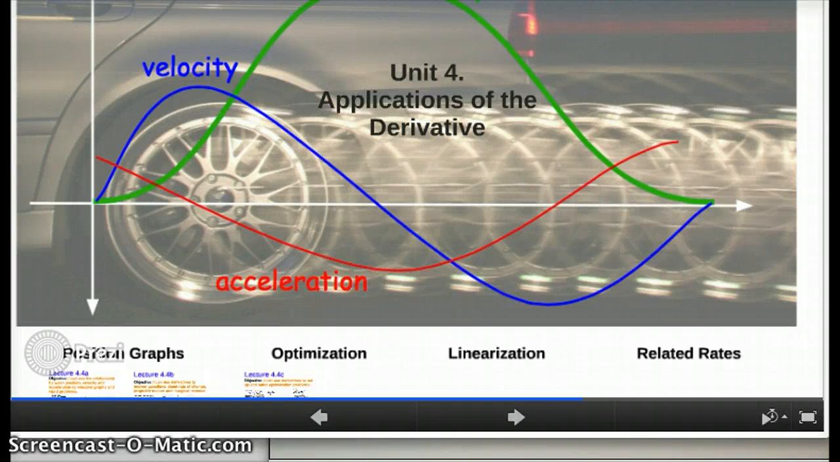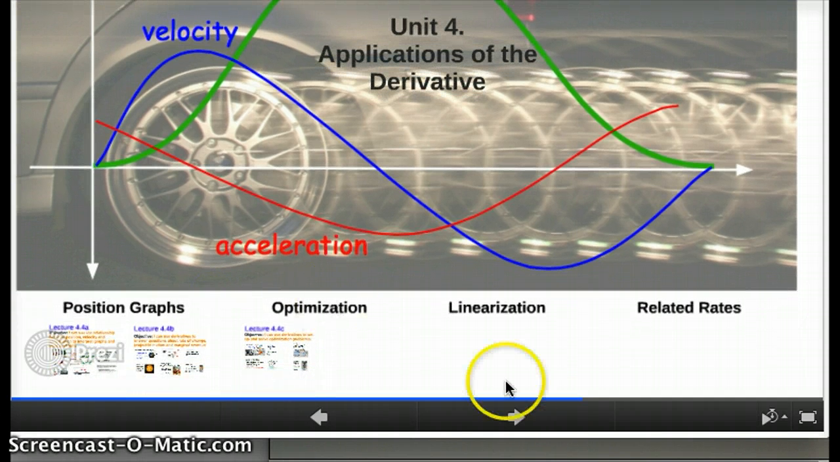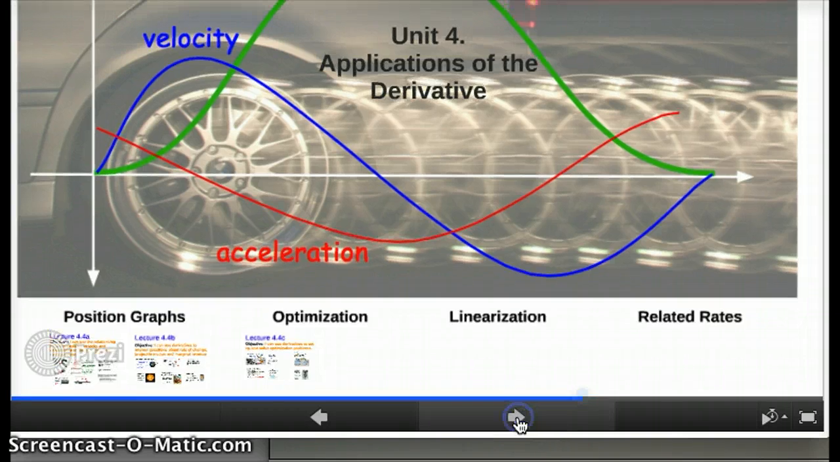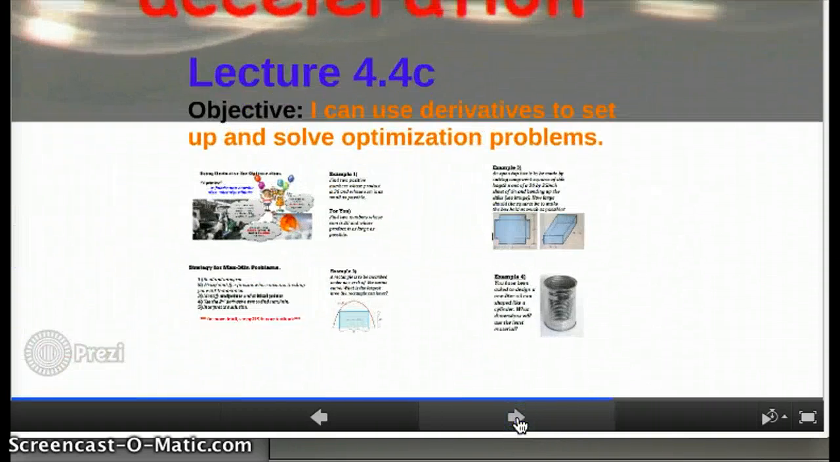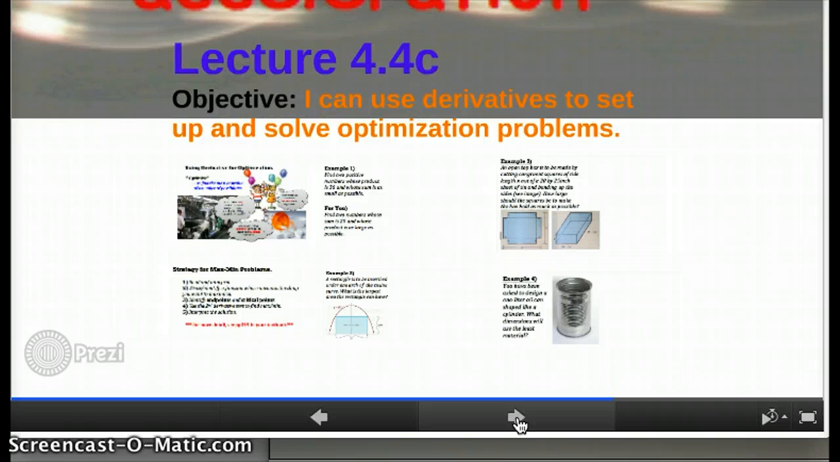Welcome to Lecture 4.4c. This unit's about applications of derivatives, and we're finally ready to move on to the second big category in optimizations. We've been talking about position graphs, and we're now going to move on to something called optimization. In this video, I'm going to show you how to use derivatives to set up optimization problems, and I'm going to give you an overview of the process for solving them, but we're going to focus mostly on the